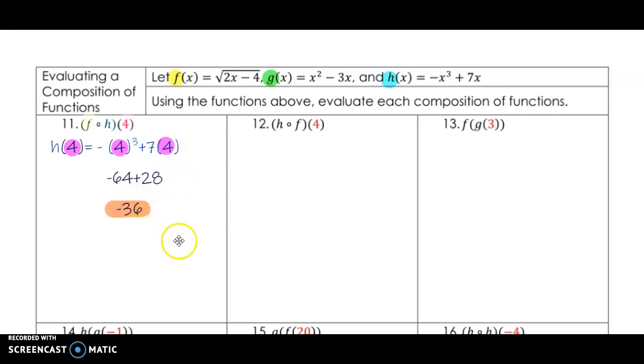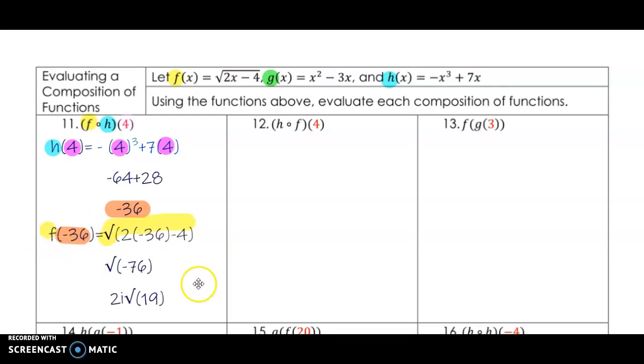So then we end up with negative 36. And then that number we're going to plug now into f of x. So then what we end up with is f of x is the square root of 2x minus 4, and I'm going to put my negative 36 into that. So then when I simplify that, I get the square root of negative 76, which is 2i times the square root of 19, if you remember that. I know that's way too much math, but if you can at least get it to the square root of negative 76, then we're in good shape and we can review imaginary numbers later on in the